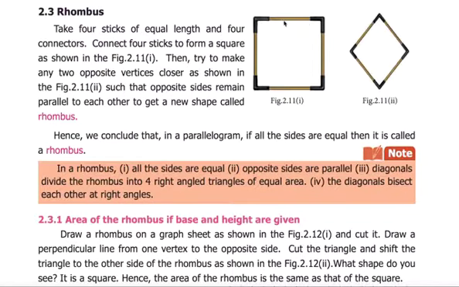But if you squeeze it at a opposite pair of ends like this, then it forms a rhombus, where the length of each side is one and the same, but the angle is not a right angle. That is the difference between the square and the rhombus. The angle between any two sides in a square is 90 degrees, that is a right angle, but it is not so in the case of a rhombus.